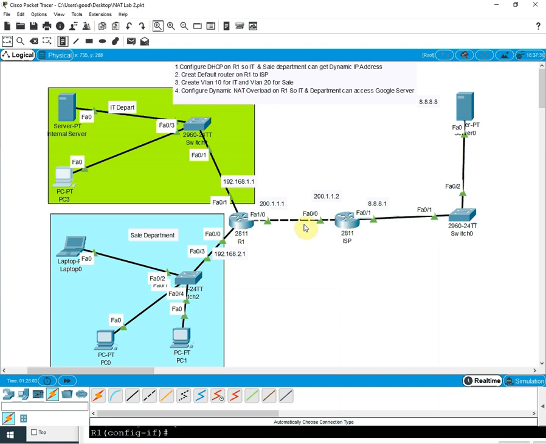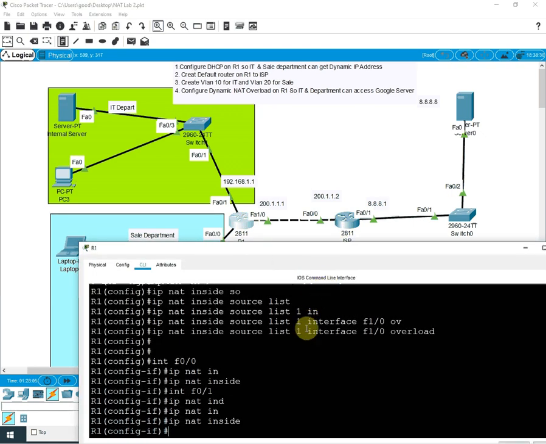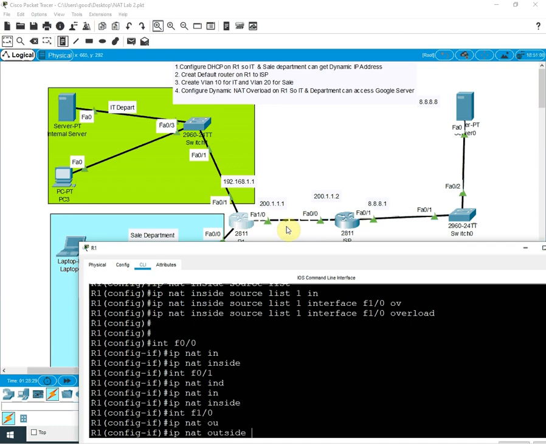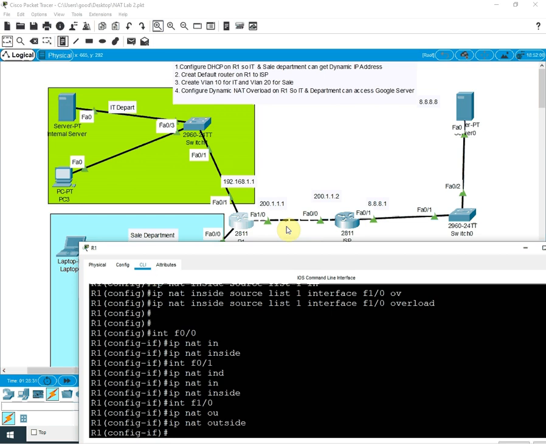So now I will go to that router again. Now we need to apply to this interface. So what I will do, I will go to that interface F1/0, right? Let me go 1/0. That interface is F1/0. Then enter. Then we need to write IP NAT. Then it is inside or outside? It is outside because traffic is leaving, means outside. So we will write outside. Outside, enter. Now we done the NAT configuration.